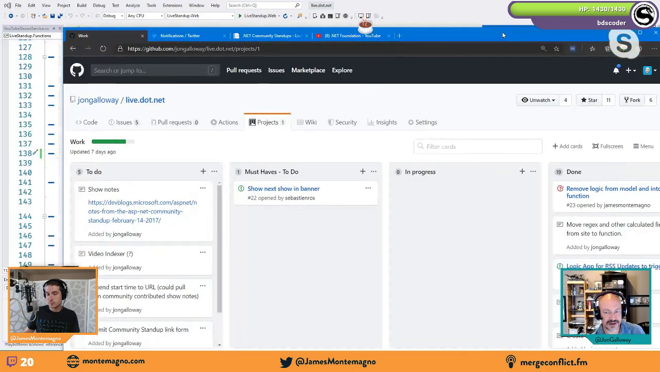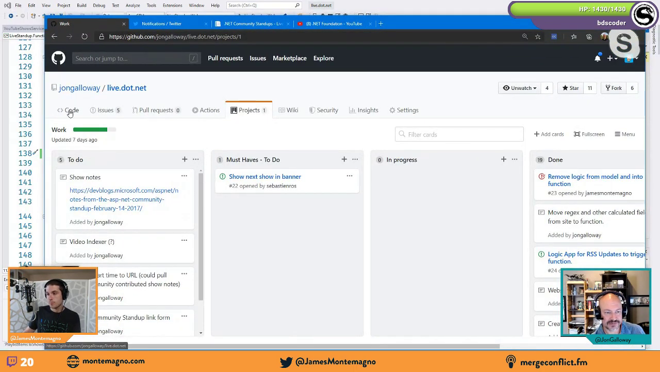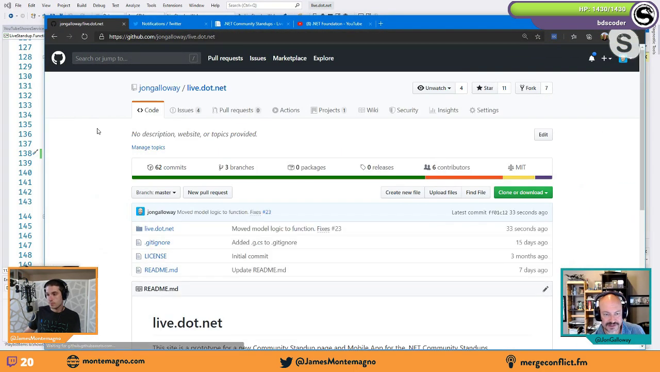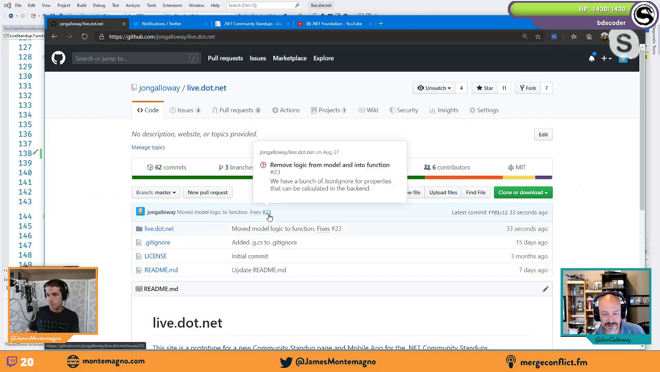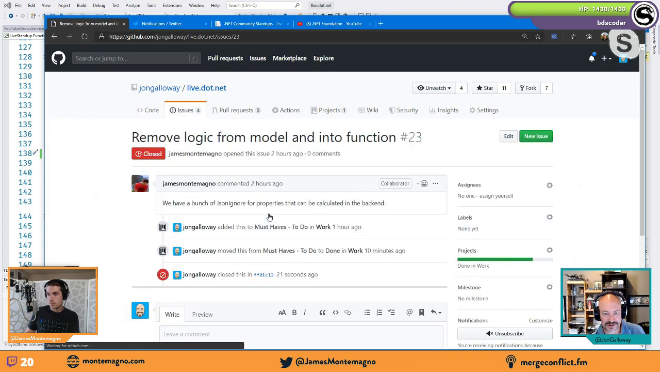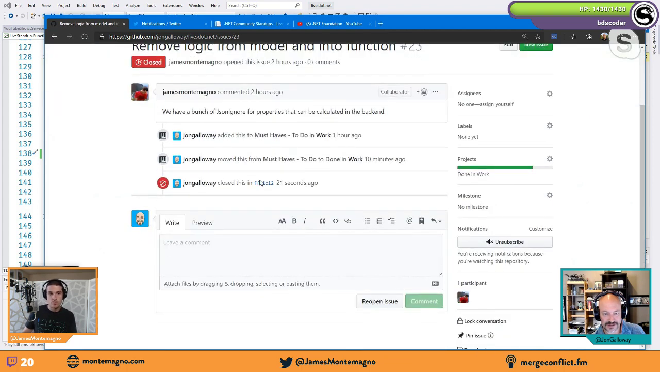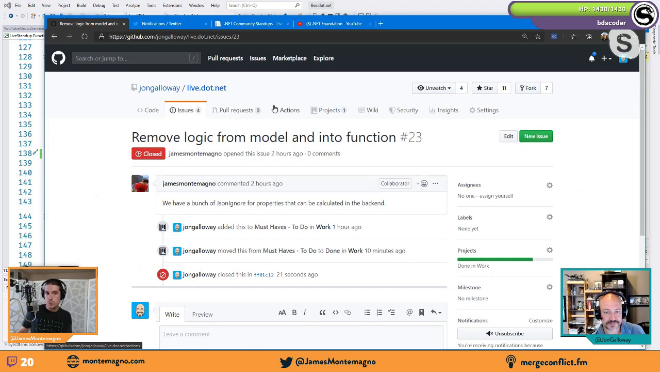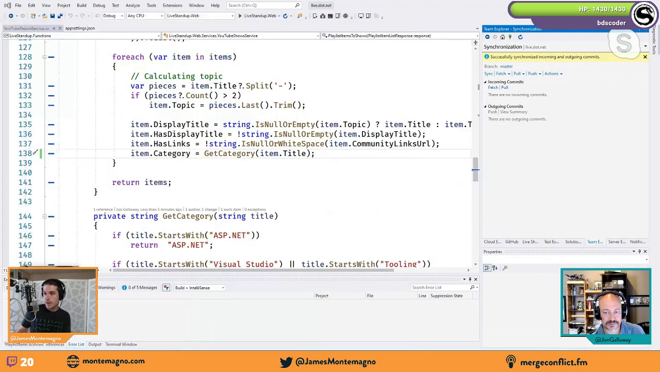Okay, so now let's just verify. Let's check out. There it is. See, look at that. Fixes 23. So if you go to 23, it shows it's closed by that commit. Oh, nice. And you push that. So the CI is kicked off for the website and the function. Then I'll deploy it. But we still wanted to show the